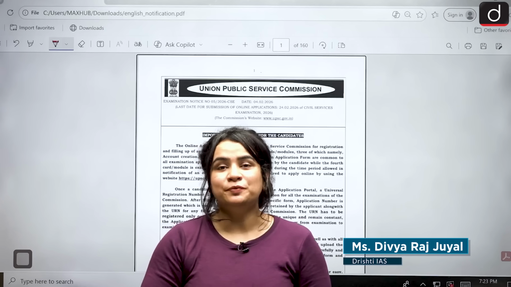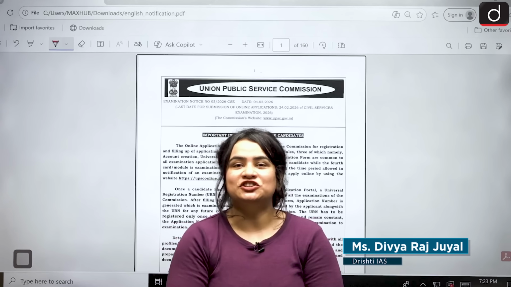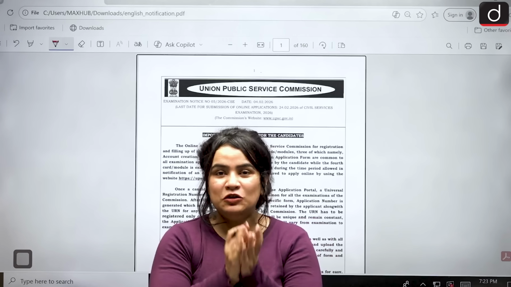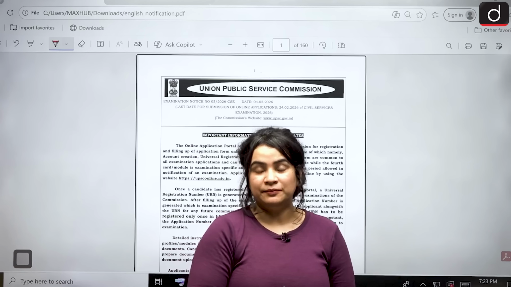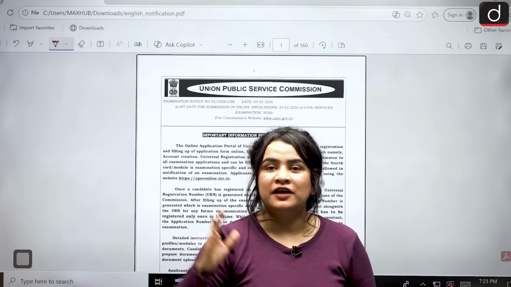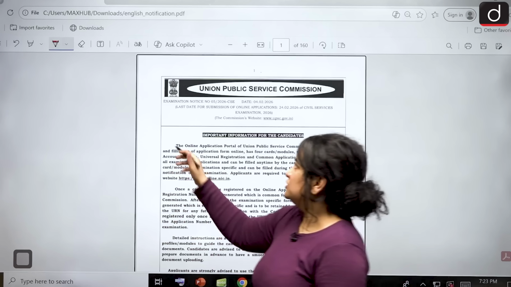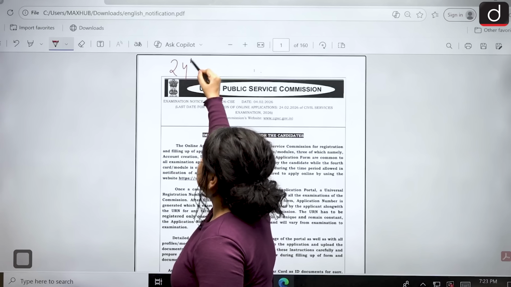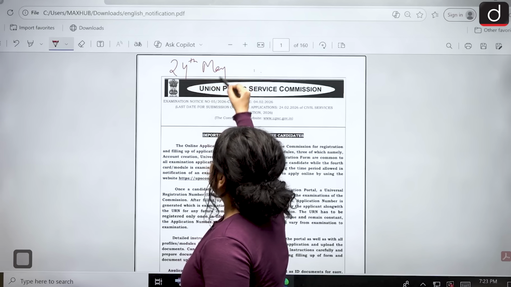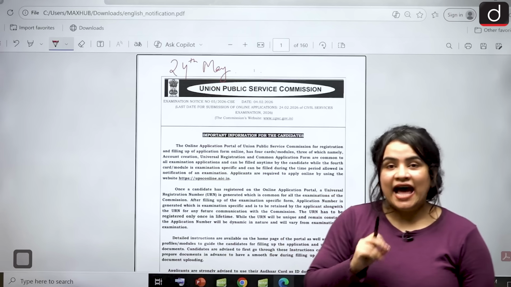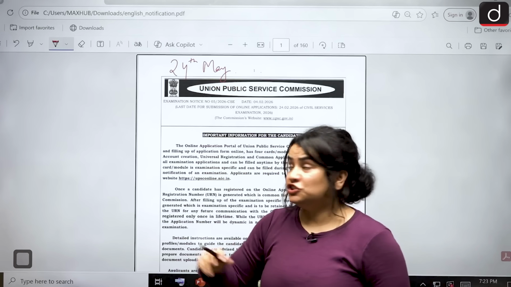The much awaited UPSC CSE 2026 notification is out. So let's take a look at what are the important things that we need to keep in mind before we fill our CSE online form. So first of all, let's discuss when the examination is going to take place. It is going to take place on the 24th of May 2026 and the UPSC has invited applications this time for